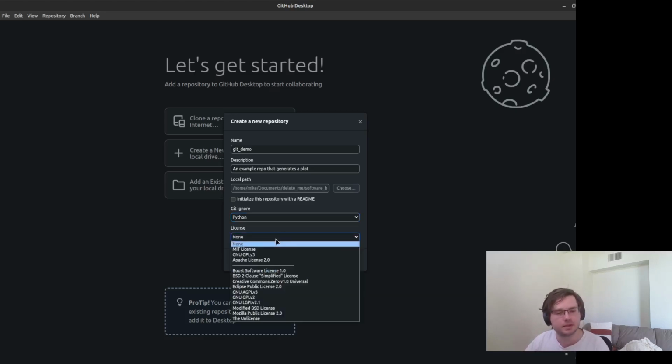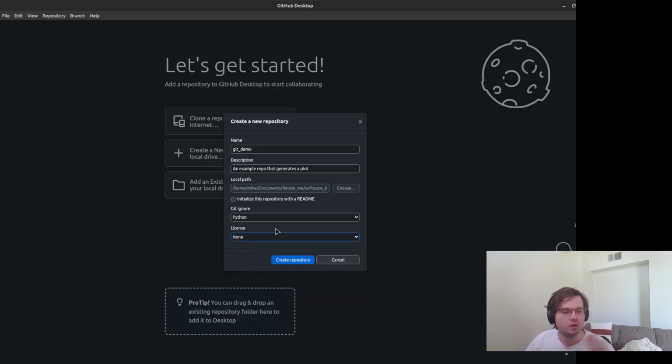Last thing here is the license. So the license is something that you save with your code that essentially determines how other people can or cannot use your code. I'm not going to go into too much detail here, but it is important to say that this is something you should consider fairly early on in your project. Because if you don't provide a license, or if you provide the wrong kind of license for what you want to do, that may prevent other people that you want to work on your project to be able to work on it, or it may also allow other people that you don't want to be able to change your project. So something to consider and not just entirely disregard when you're setting up a project.